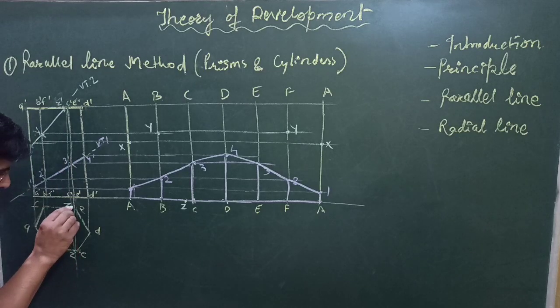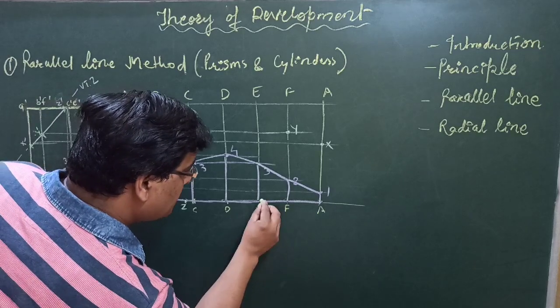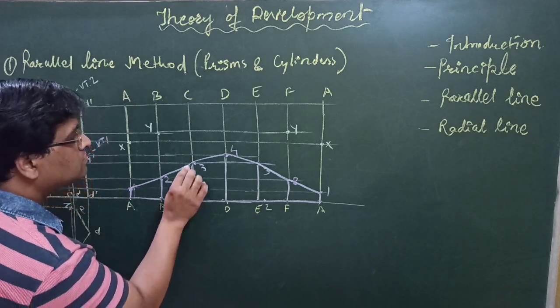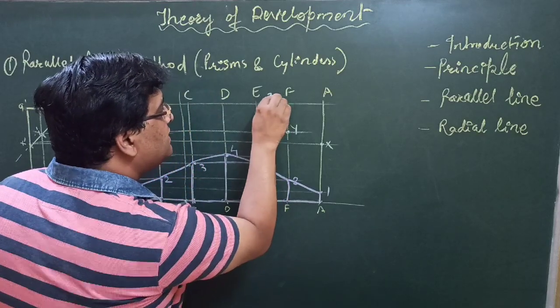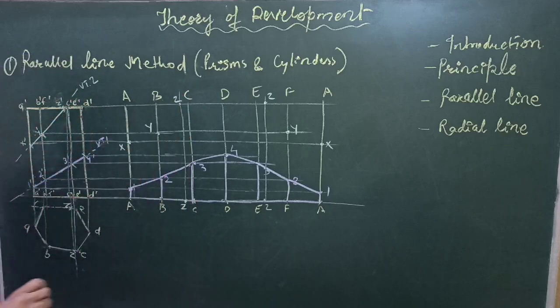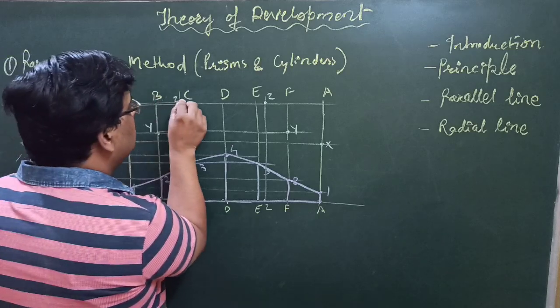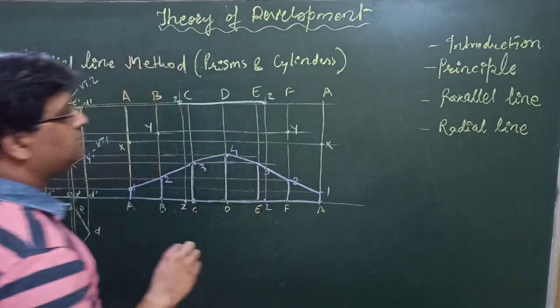So this is B, so CZ somewhere around here, Z point will be there. Right? Similarly, this Z is between E and F. So you can take E to Z from here towards F and take distance from here EZ and cut here. So this is E to F, this is Z, and draw vertical lines from this Z point also. So this will be Z, this will be Z. So when you will drop Z from here, it will touch this point Z, means here, and then darken this line up to another Z.